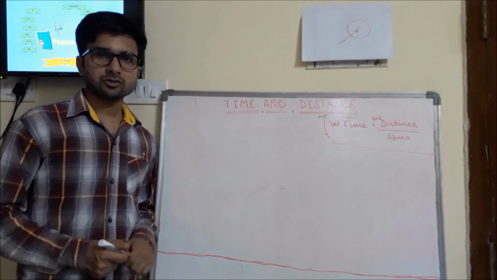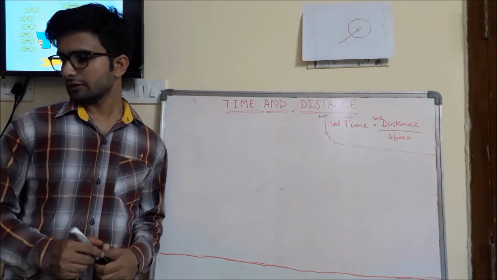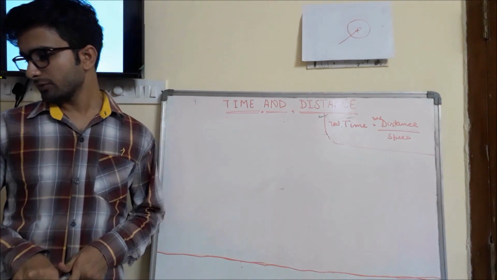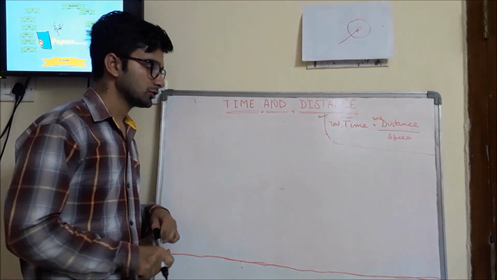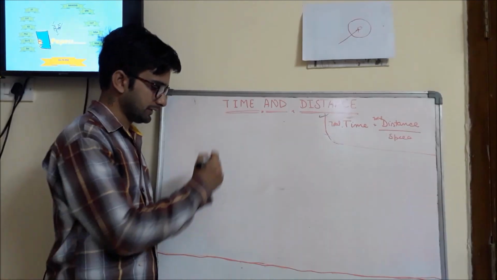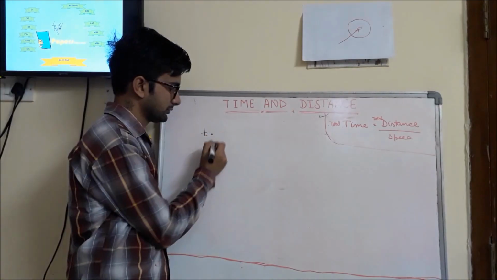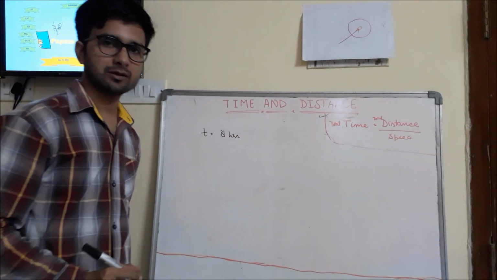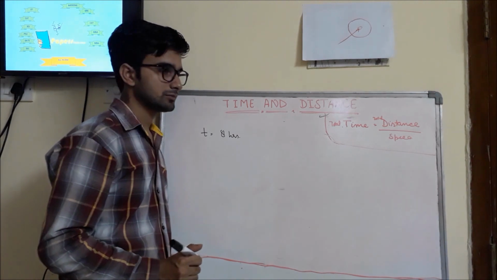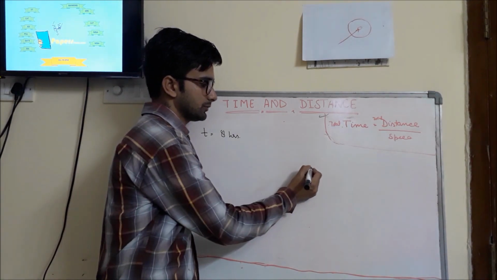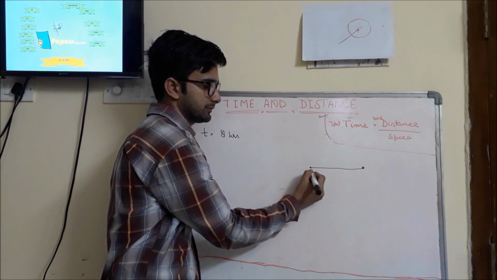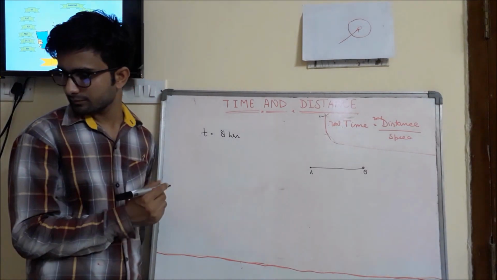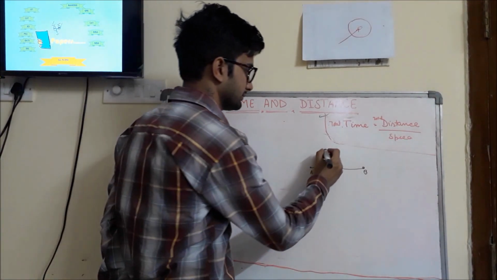So here is our next question. Ram covers the distance of 400 km by 20 km per hour and 70 km per hour in total 8 hours. So we write that the total time taken by Ram is 8 hours. Now let's mathematically formulate the problem. That is the most important part of solving the problem. So let's say Ram starts from point A to point B. So the total distance is 400 kilometers.